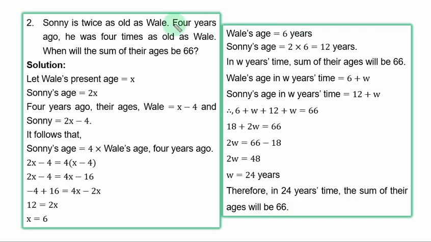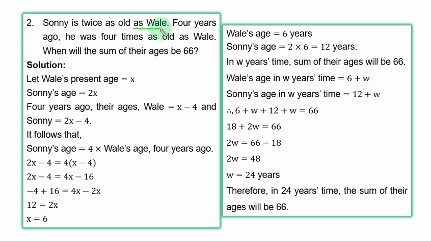Question 2. Sonny is twice as old as Wale. 4 years ago, he was 4 times as old as Wale. When will the sum of their ages be 66? So you need to get their respective ages before the sum. From the question, it is